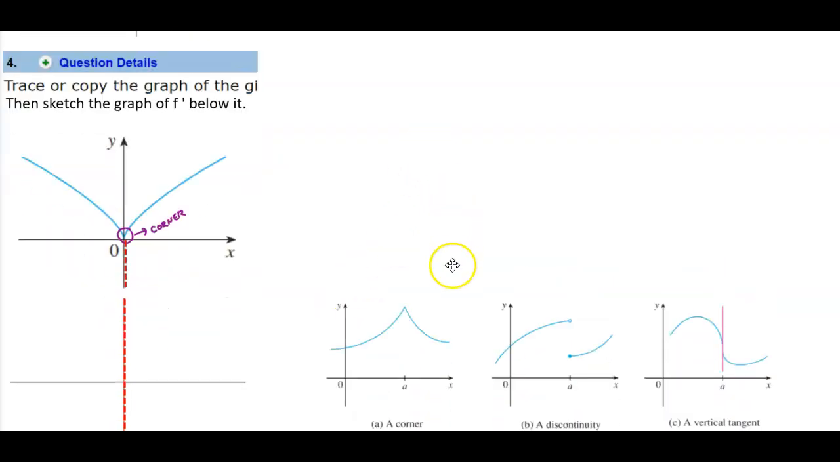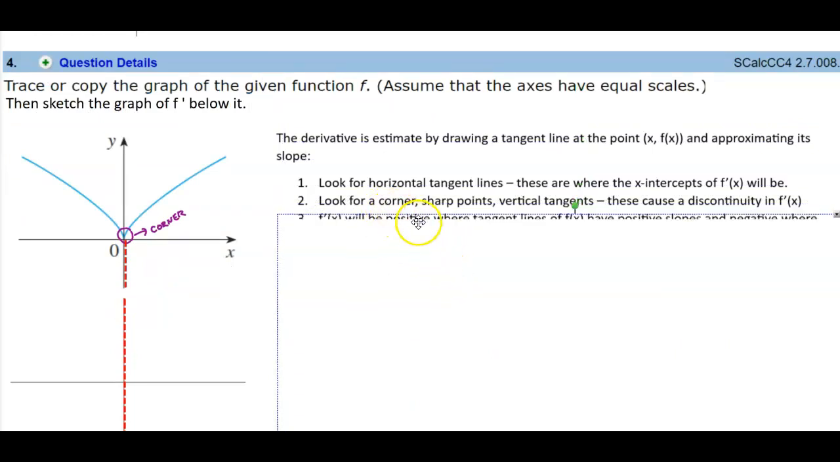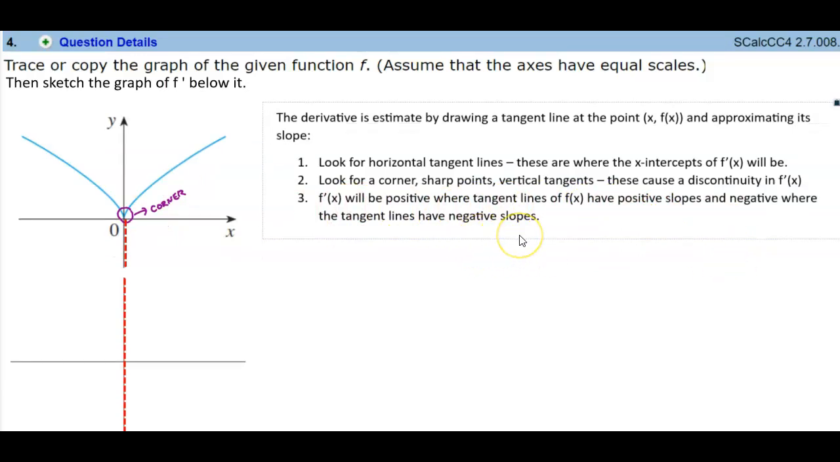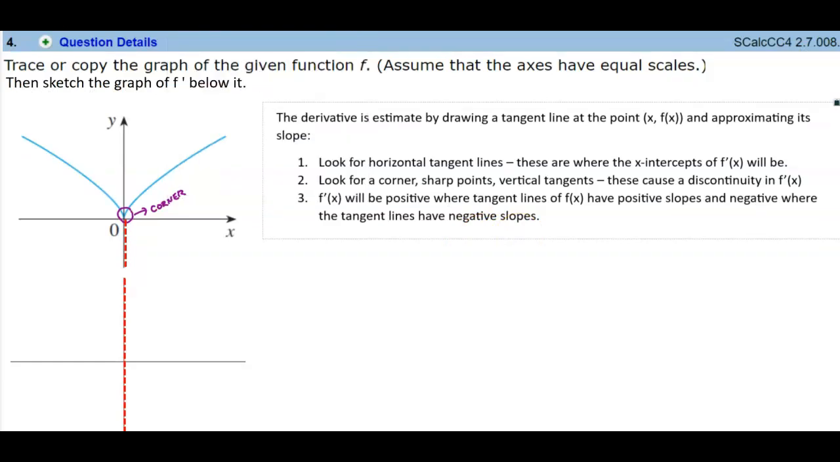Okay, so now let's go back to our list here. So we've determined where the corner is, and now we need to say, okay, well, remember that the derivative function will be positive where the tangent lines of the function have positive slopes and negative where the tangent lines have negative slopes. So let's take a look at the left side of this graph. So this represents the left side of that graph. Okay, and you can see here that we have our slopes,